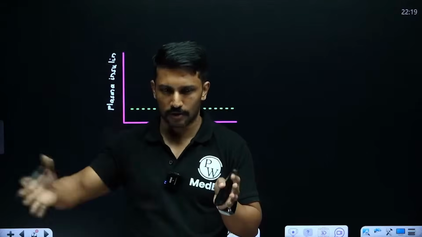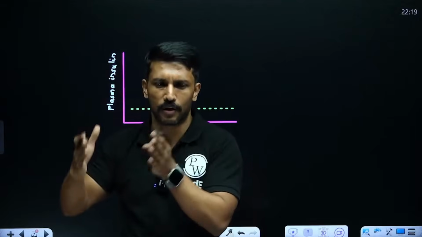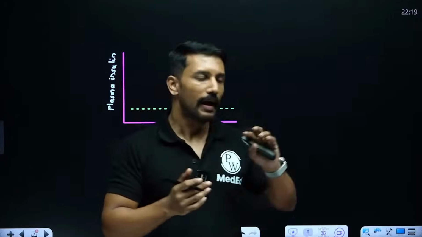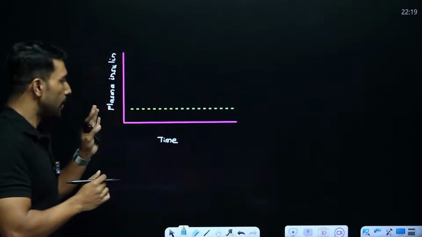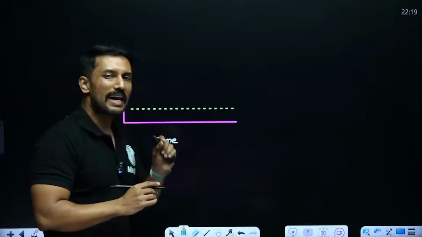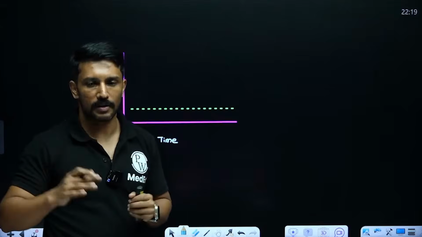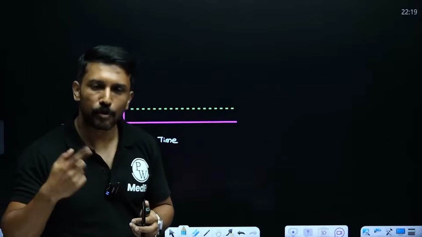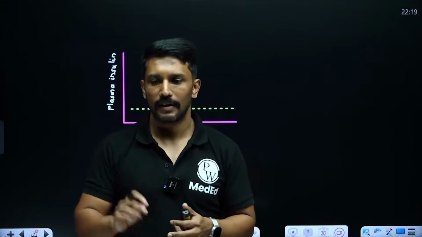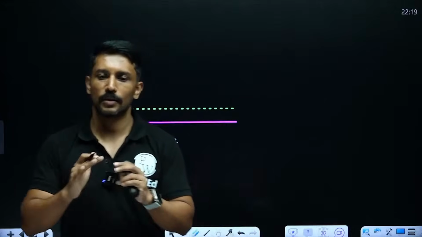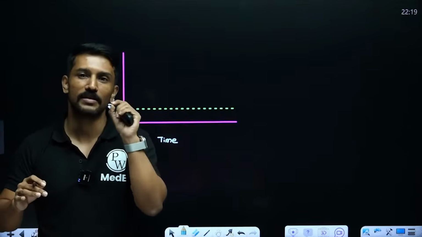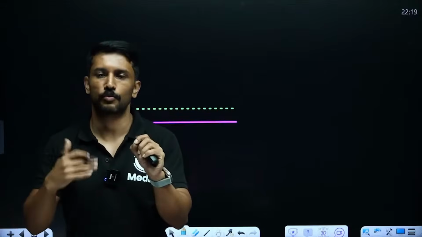If I take someone's insulin levels in his blood continuously for 24 hours, every half an hour or every 15 minutes, I'll get a kind of graph where I get to know that as long as blood glucose level is more than 70 milligrams per deciliter, the beta cells keep producing insulin. Can anybody tell me why they keep producing insulin as long as it is more than 70? So 70 is the threshold point for the beta cells to produce insulin.